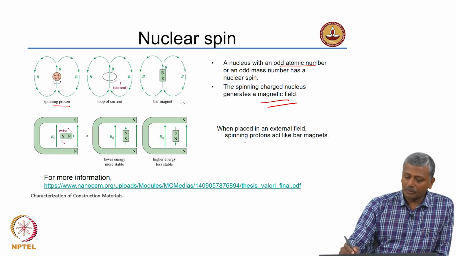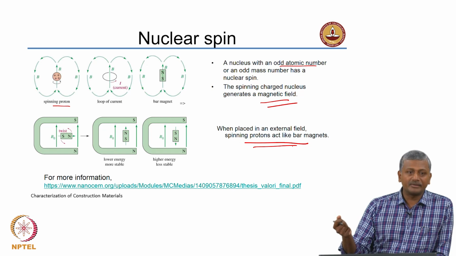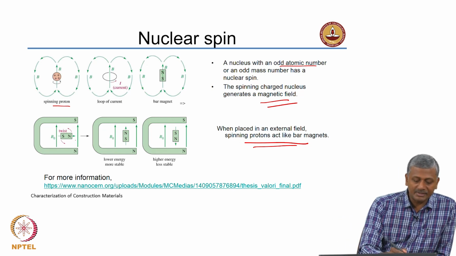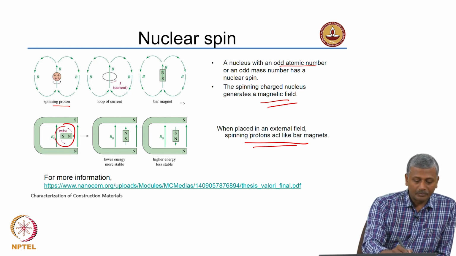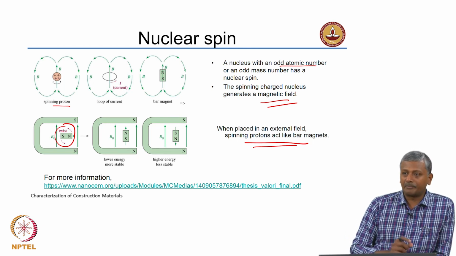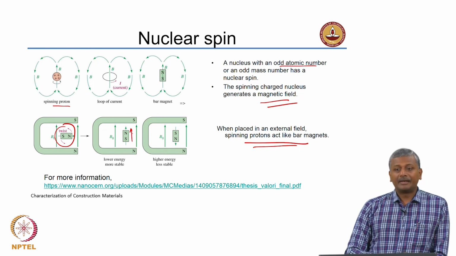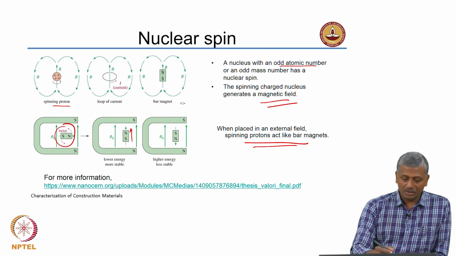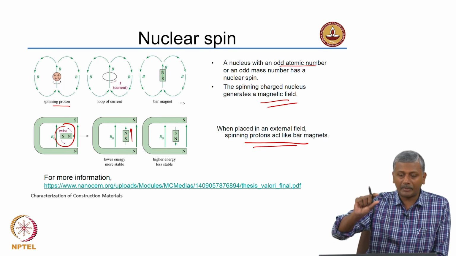Okay. So, spinning protons when they are placed in an external field start acting like magnets. You have all used horseshoe magnets, so you will understand what this is. For instance, if this spinning magnet, which is a spinning proton, is placed inside this horseshoe magnet, a twisting motion may happen because of the external field being different compared to the internal field, or you can get an alignment in this configuration where the north pole of your proton magnet, the small bar magnet, is aligned